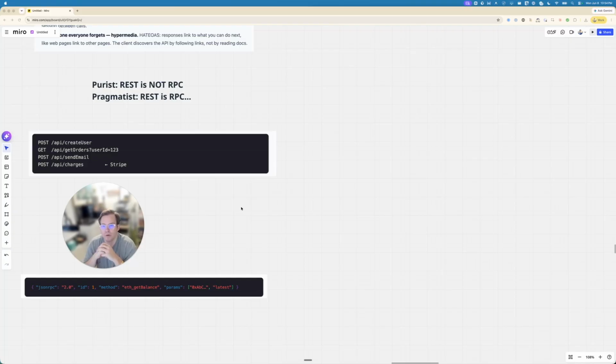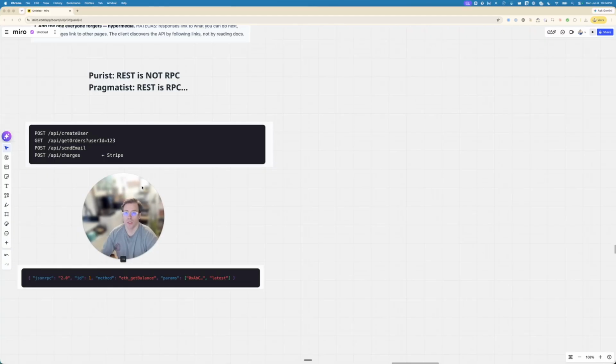So that's where the WebSocket comes in later. We're going to cover that a little bit later. All right? I hope now you understand, JSON-RPC is great for many things, but it also comes with some costs. Now, if JSON-RPC is the simplest thing that could possibly work for blockchain,